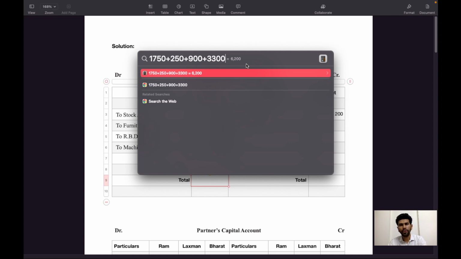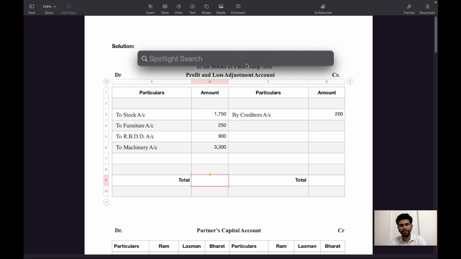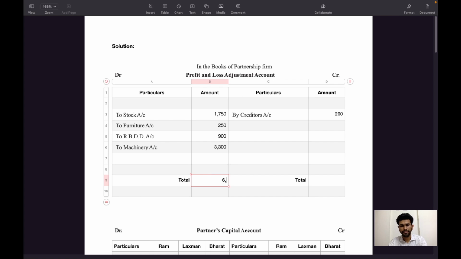Amount is 6,200. It will be shifted to credit side, 6,200 minus 200 rupees creditors. Balancing figure will be 6,000 rupees, and this 6,000 rupees will be distributed among old partners in the old ratio, that is 5:3:2